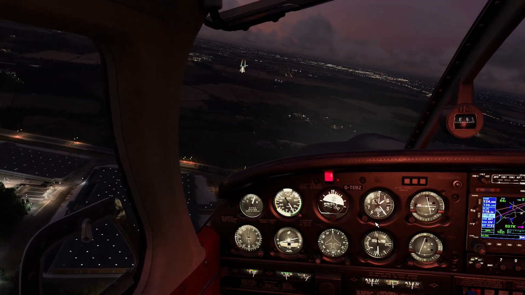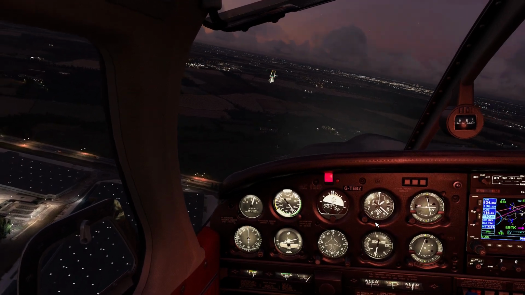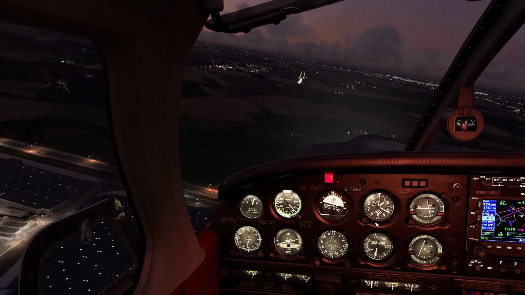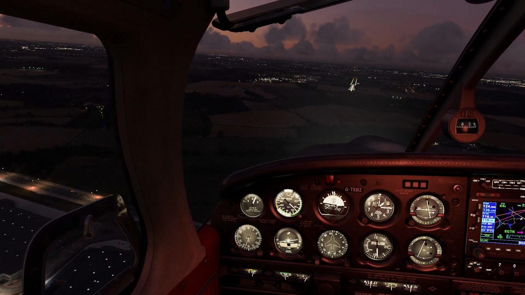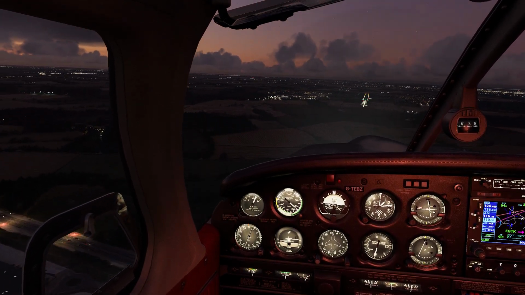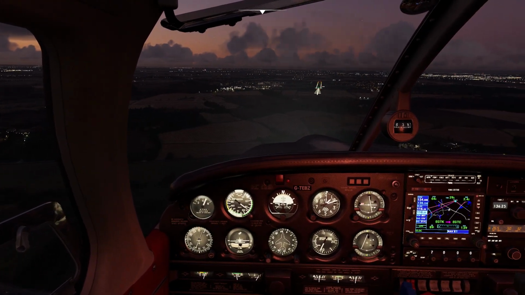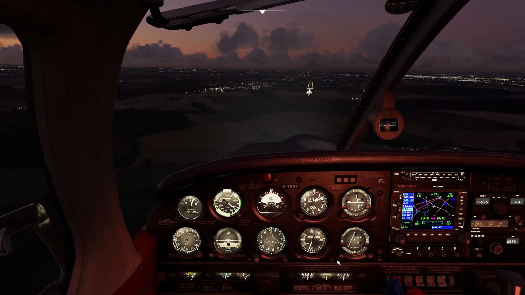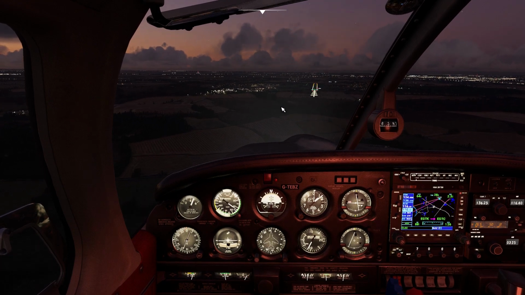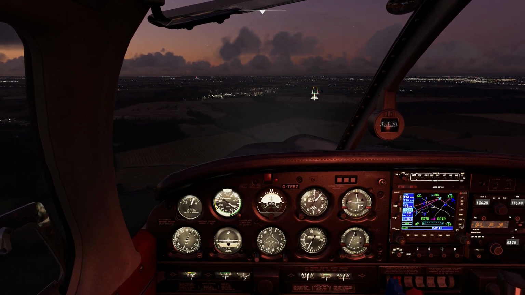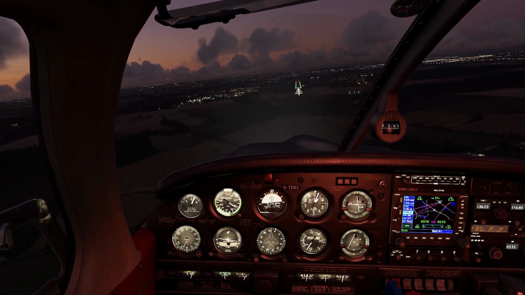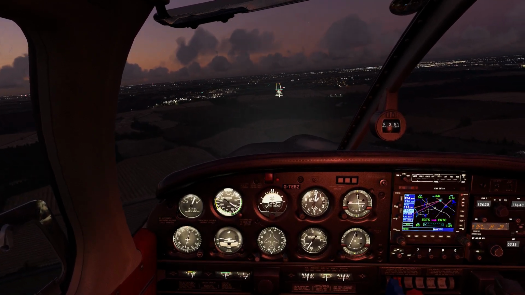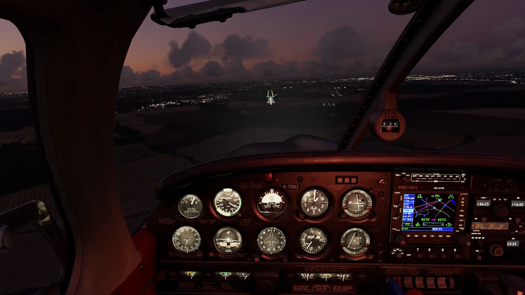It's like the first time I've done something like this before. There we go, and now we're stabilised. That wasn't too difficult. This aircraft is so nice to fly, by the way. But yes, that's it. That's all I wanted to show you. Nothing too difficult, nothing too long, nothing too fancy, just a simple